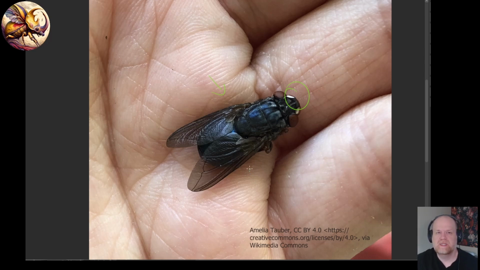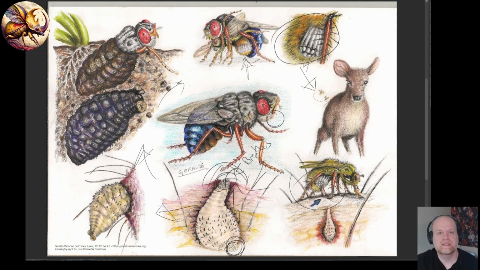So this particular disease, the human botfly parasite, is common in the tropical parts of Central and South America, in the rural regions. If you're in a city, you're not really at risk of this. But if you live on a farm and you're around livestock animals and stuff like that, you are at risk of this, and it can be a consistent problem. So that's the disgusting human myiasis